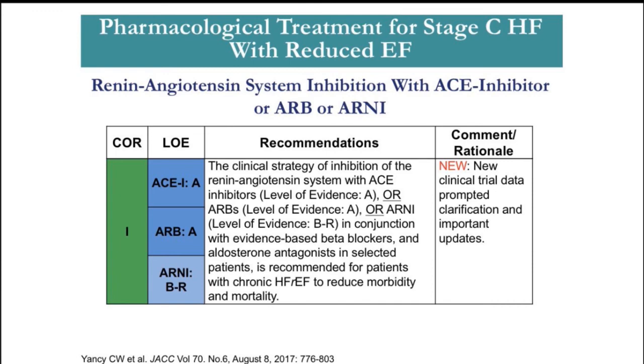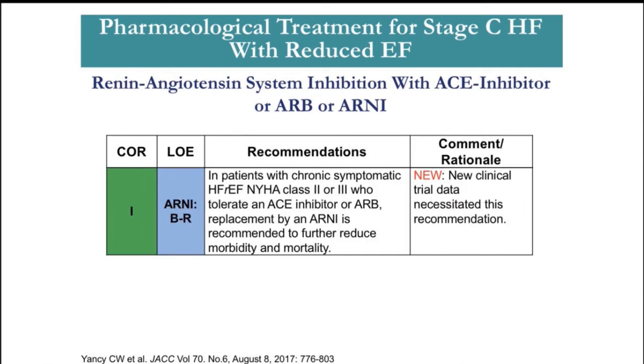Next. So here's what they said in the updated guideline. The clinical strategy of inhibition of the renin-angiotensin system with ACE inhibitors, level of evidence A, or ARBs, level of evidence A, or sacubitril/valsartan, level of evidence BR, in conjunction with evidence-based beta blockers and aldosterone antagonists in selected patients is recommended for patients with chronic HFrEF to reduce morbidity and mortality. Next slide. Specifically about the ARNI, it did not get a 1A as the ACE or the ARB got, but it got